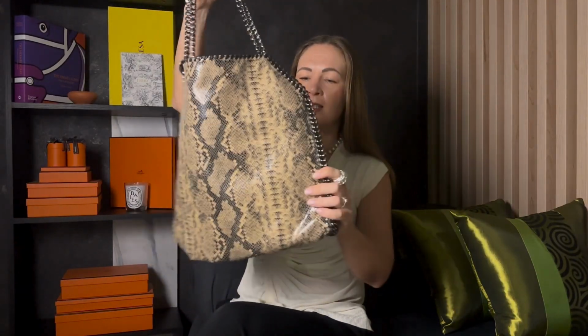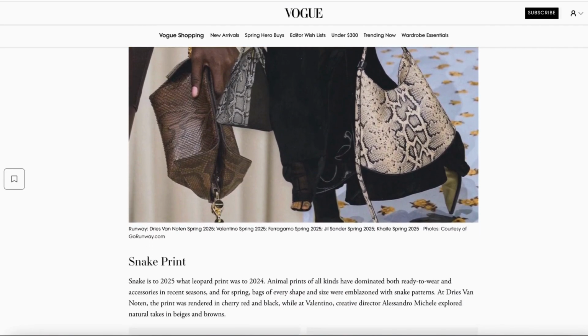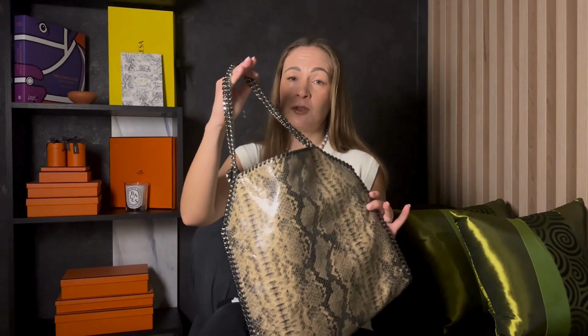And I think the reason it stands out is because it is this fake kind of python, fake leather. And I feel like this particular animal print, the python print, has been really trending, at least this season for sure. And generally speaking, when it comes to animal print, I feel like it is always relevant and you can always incorporate it into your wardrobe. So because of this, I find this bag easy to style. I feel like it would go very well with what I'm wearing right now, which is basically an off-white top and a pair of black trousers. I also like how this bag looks with black and gray colors,